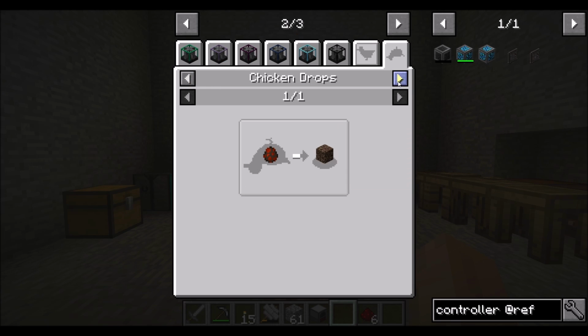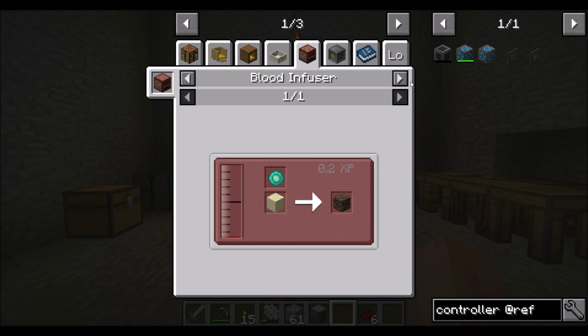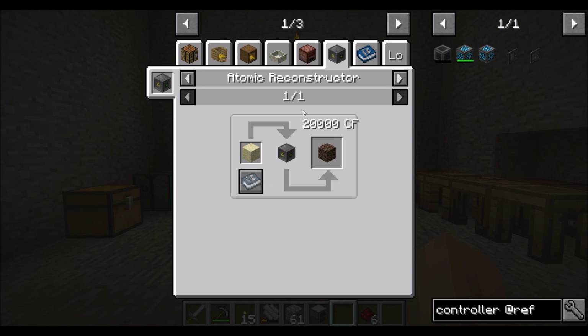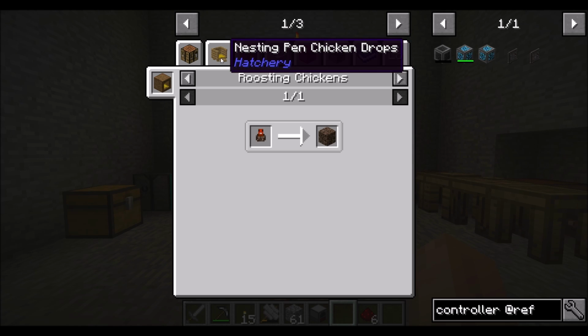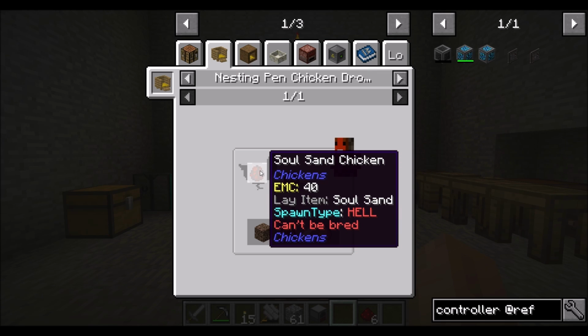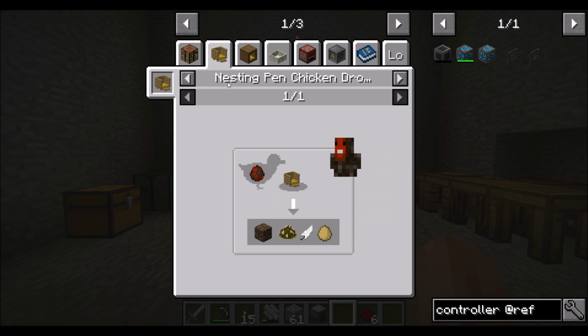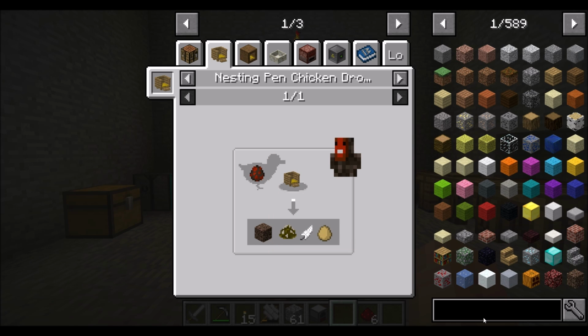All right, cool. Or we can do chickens. Or we can do, you know, obviously this thing if we wanted to use a decent amount of power to turn sand into it. So there's a few approaches we could get. Hey, Evilcraft is in this pack. Remember we played with that a little bit in Sky Factory? That's cool. But we could totally get into chickens. Can't be bred. So maybe we actually have to go and find chickens in the world to get into the chickens mod. That could be...